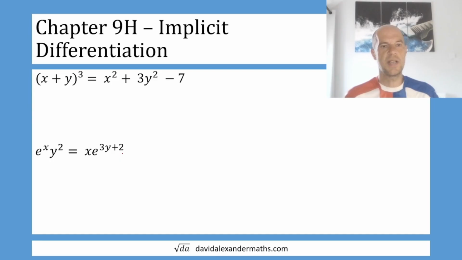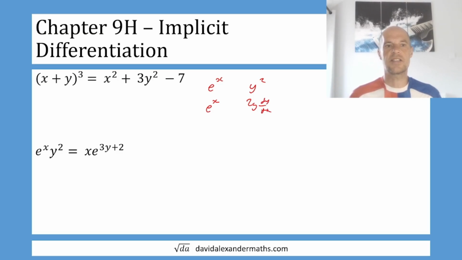Okay, this second example is quite confusing, but as long as we're sort of methodical about it, maybe it's worth doing the product rule in full. So we need to differentiate an e to the x and a y squared. So e to the x has a derivative of e to the x, and y squared is 2y dy by dx. So if we're differentiating e to the x y squared, we're going to get e to the x times by 2y dy by dx plus e to the power of x y squared, and that equals, so let's do the same again,